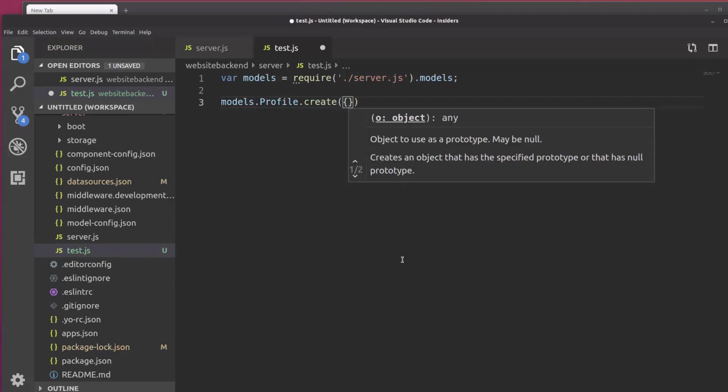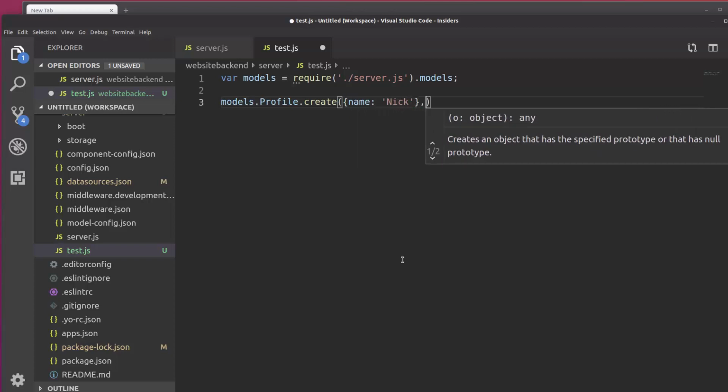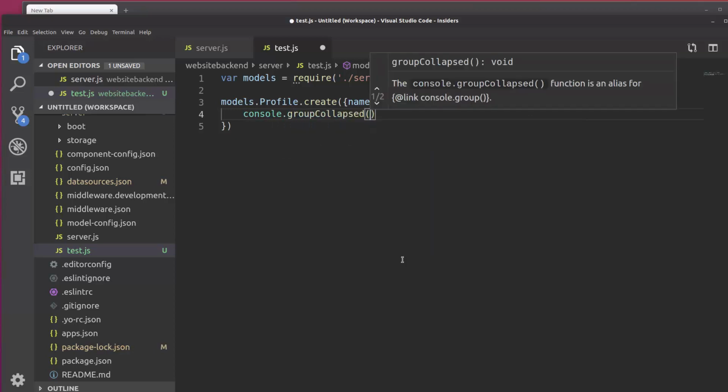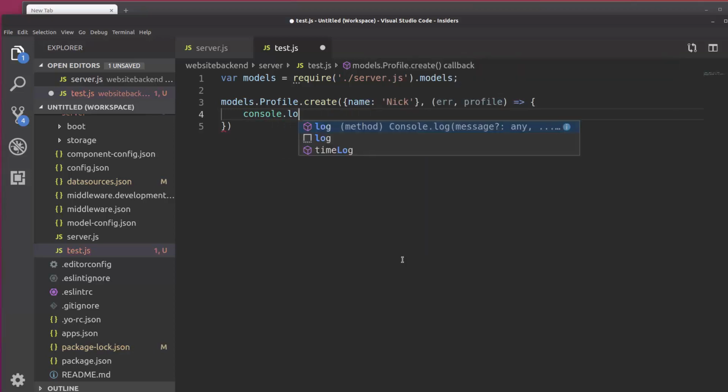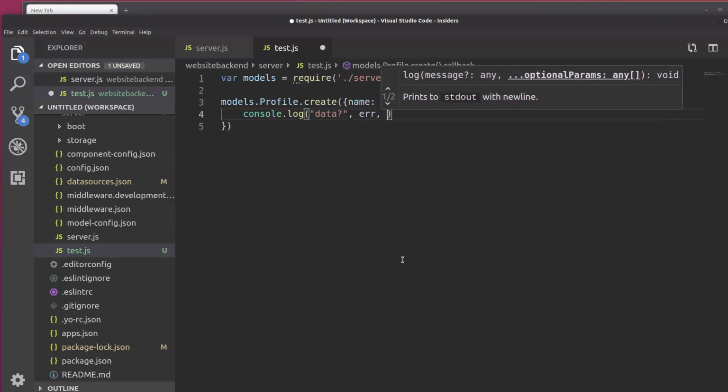And now we're going to send in name, which is Nick. And we're going to capture either the error or the profile that we've created in this callback function. And so let's console log